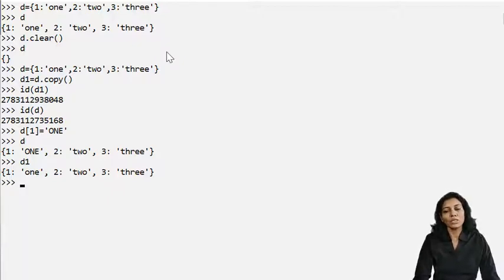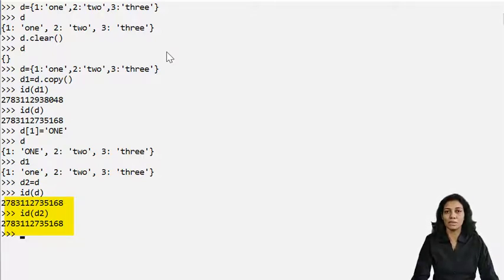But if I use the assignment operator equal to in order to make a copy, it will not make a shallow copy. Both will refer to the same memory reference. That means if I have D2 equal to D, using the assignment operator instead of copy, and I check the ID of D and the ID of D2, you can confirm that both are referring to the same memory location.